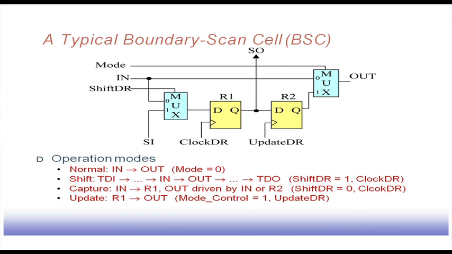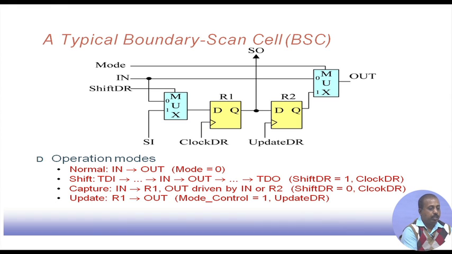So, this is the structure of a boundary scan cell. A single cell of the boundary scan register. You see that this has got two registers in it, R1 and R2. This R1 register is basically for storing the input pattern. So, if you are trying to capture the response, then what we will have to do is that from